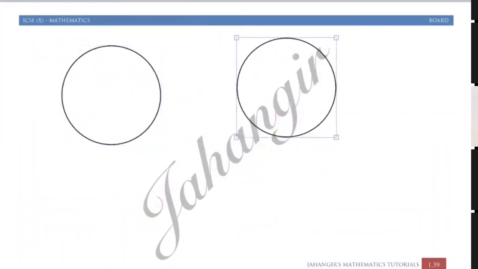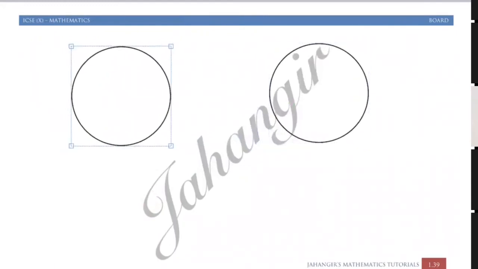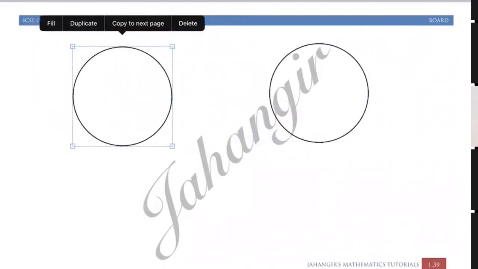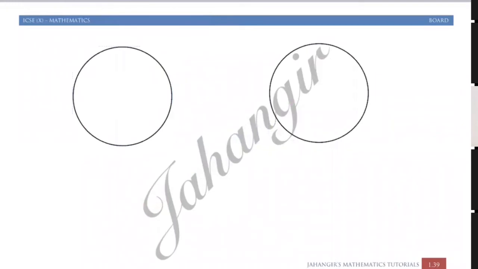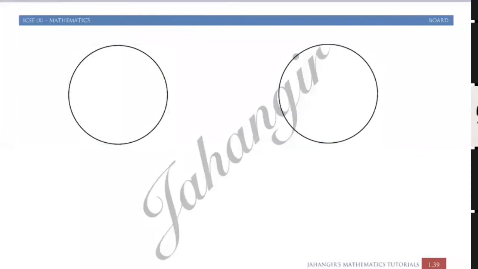A circle question may come in Section A also. Last time a circle question was in Section A and many students had lost marks there. I will explain today what the difficult part was in the 2020 question. It was a tricky question. Only a few students were able to do that question. Now 17th and 18th.